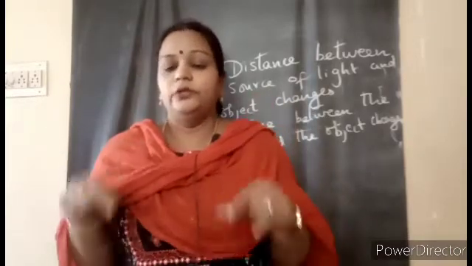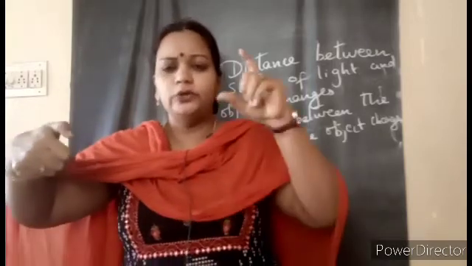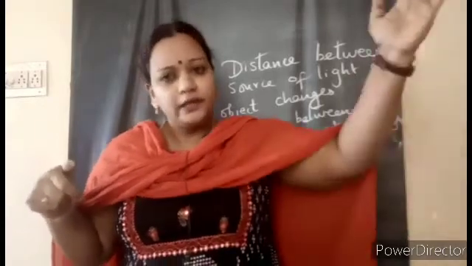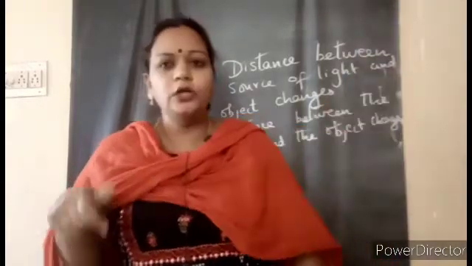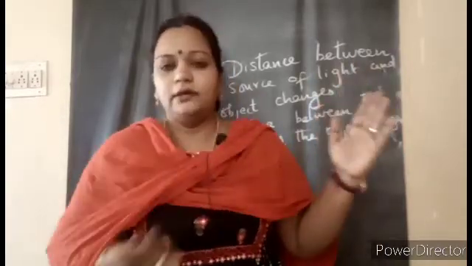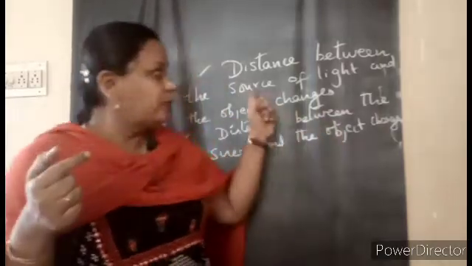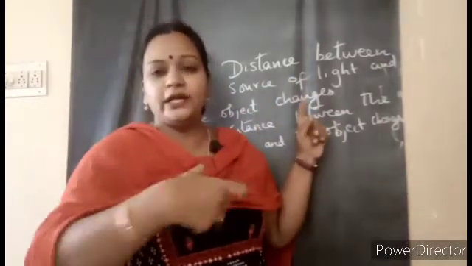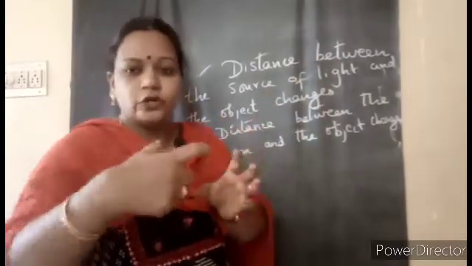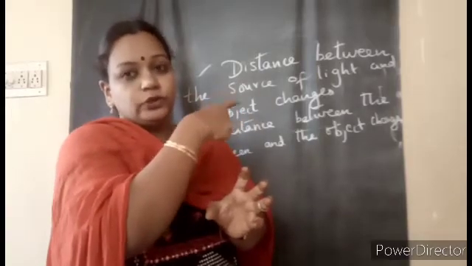And when you are doing with the different articles, and when you are observing, just take one torchlight, take a pencil, eraser, whatever you are having in front of you, and you hold a pad, or on the wall, or near the wall also you can do. You can hold a pad and make it as a screen, and you can observe that. You keep on changing the distance between the source of light, a torch, and the object. When you are increasing and decreasing, you can see on the screen the size of the object is going to change.